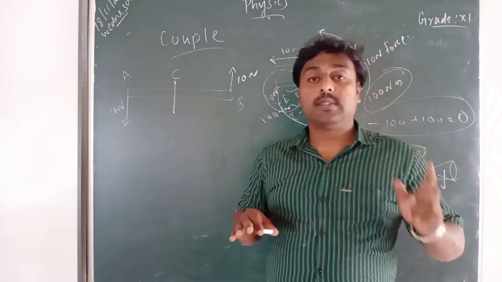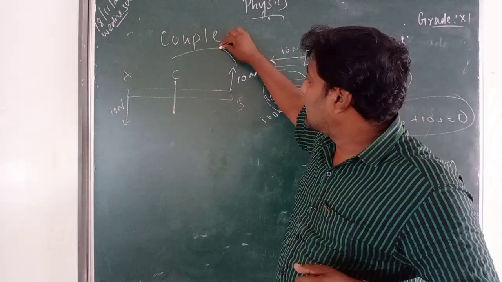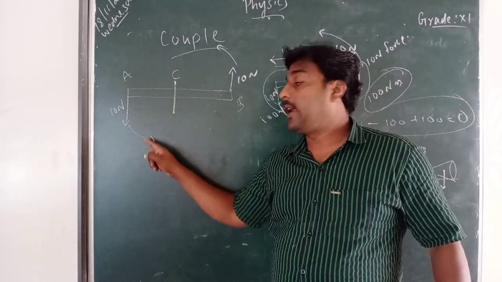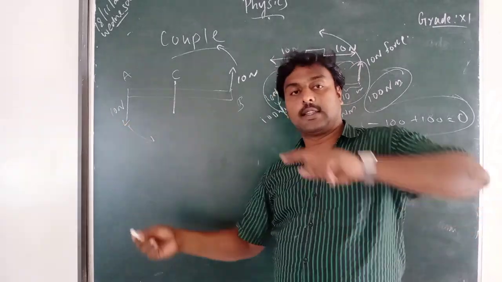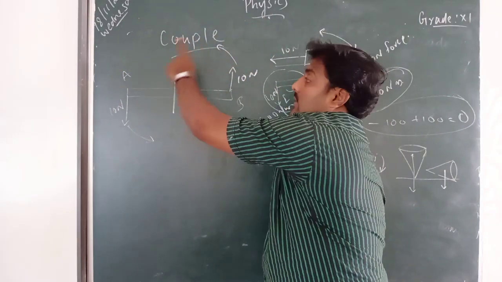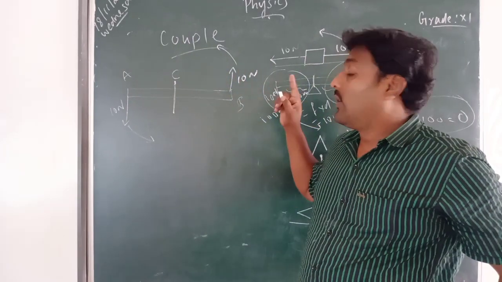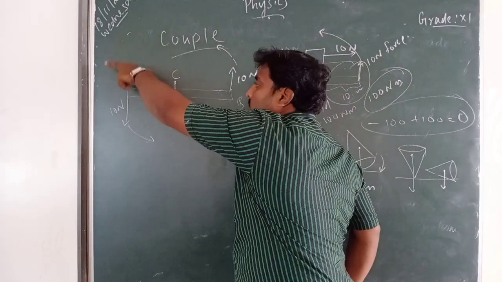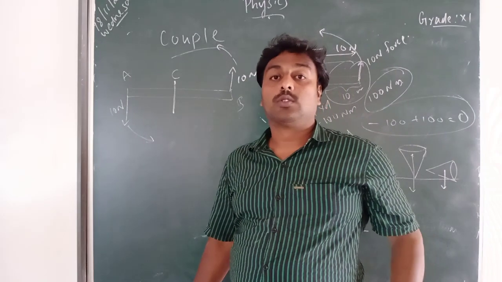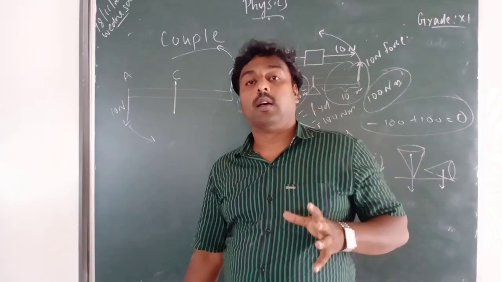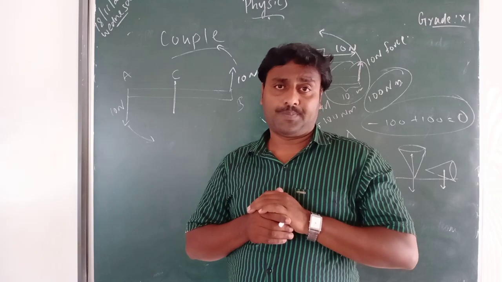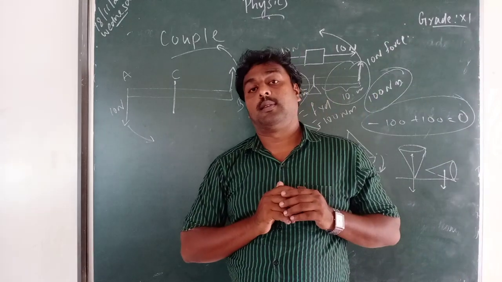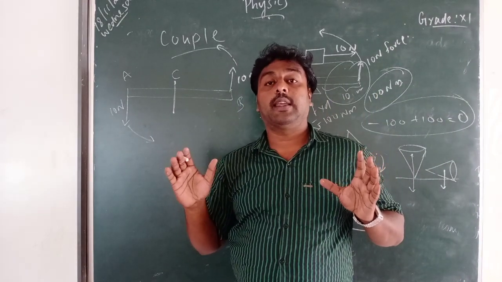You see, this force is acting in this direction, at this end. The moment of the force at end A acts in the anti-clockwise direction. The same for the moment of the force acting at point B, also in the anti-clockwise direction. So it is in rotational equilibrium. We can say this is what we call a couple.